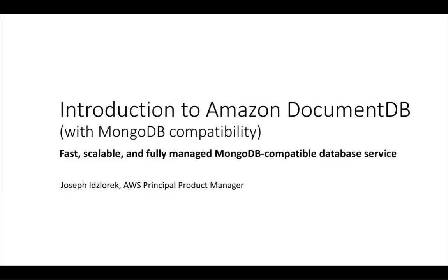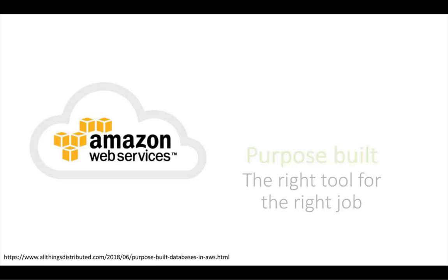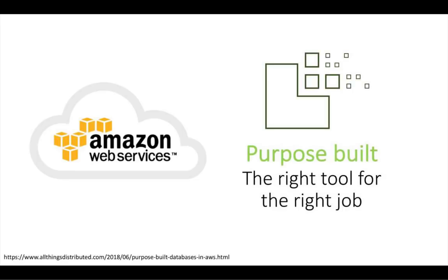My name is Joseph Izorek. I'm a product manager at AWS, and today what we're going to be talking about is Amazon DocumentDB with MongoDB compatibility. So if we take a step back and work backwards from our customers before we get into DocumentDB,